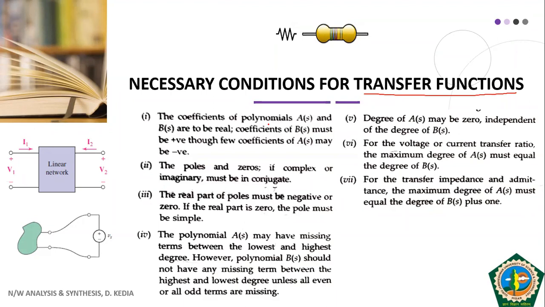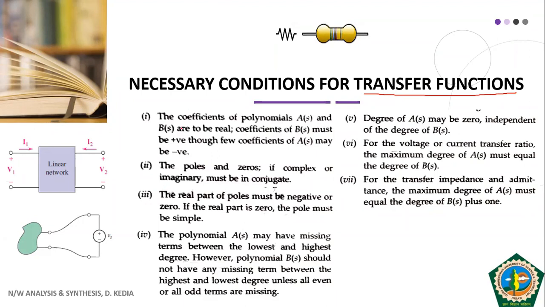Okay. So I advise you to go through these conditions and try to find out the difference between both the restrictions as well as this necessary condition. So as I told you, transfer function is a very, very important concept in any electric system. We represent our electric network with the help of its transfer function only. So our transfer function must exist, and for the transfer function to exist or to be represented, it must satisfy certain conditions, and these are the conditions.